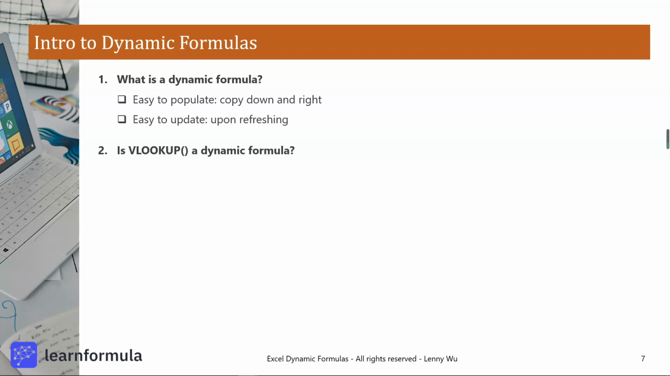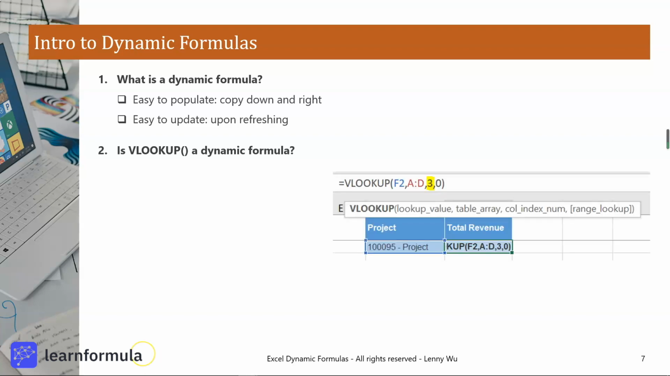So when we talk about dynamic formulas, a lot of people think of VLOOKUP. That's right. VLOOKUP is usually the first dynamic formula that people learn in order to automate their processes rather than finding values manually. For those who are new to VLOOKUP, the formula looks something like VLOOKUP, lookup value, table array,